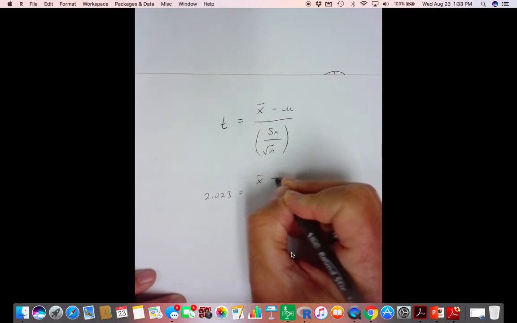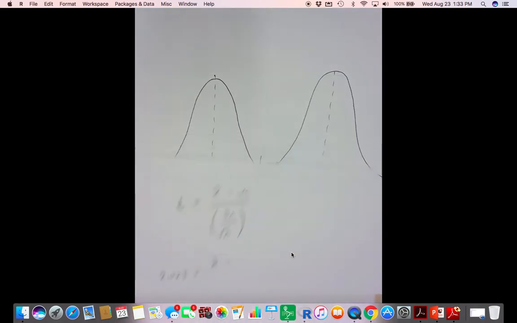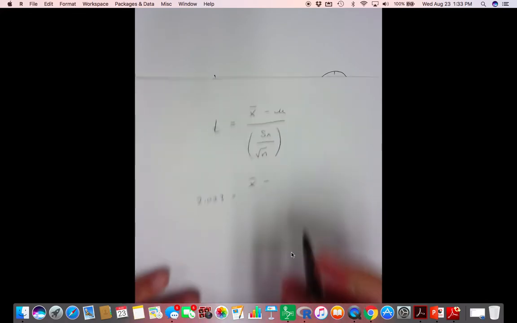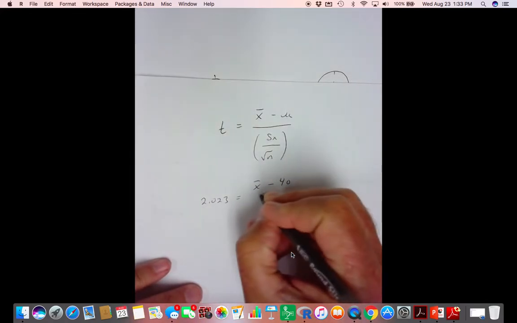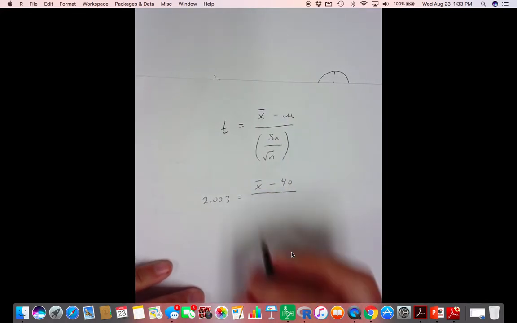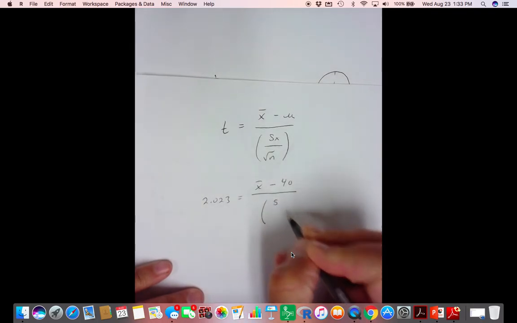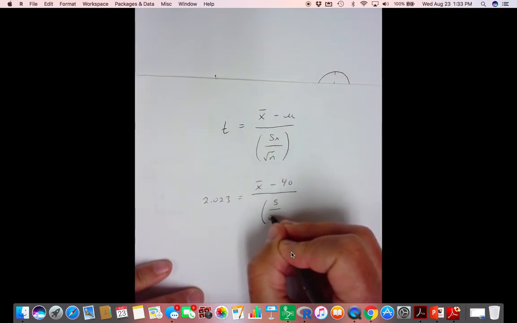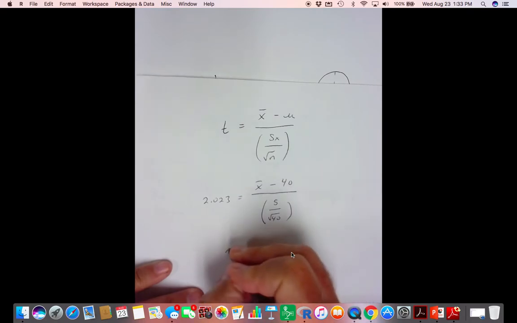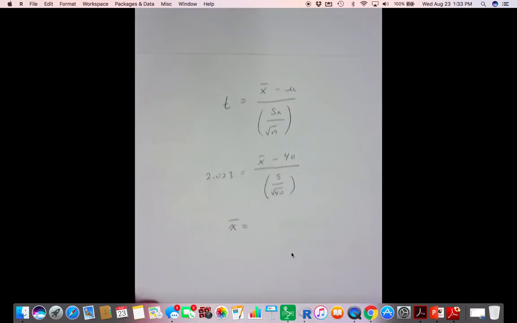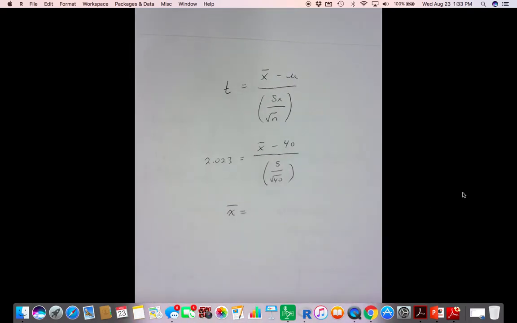I need the X bar that corresponds to that, mu. So that's going to be the distribution with mean 40, the hypothesized distribution. We assumed a standard deviation of 5 over the square root of 40. So guys, X bar is going to be